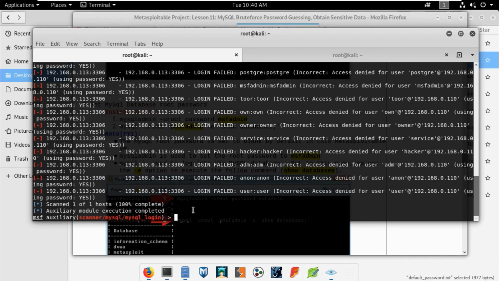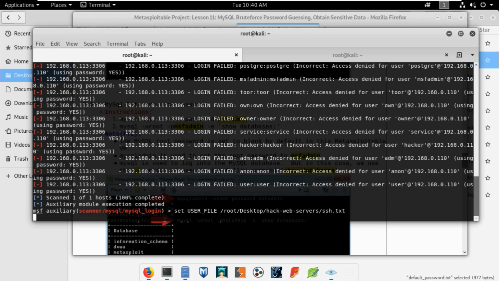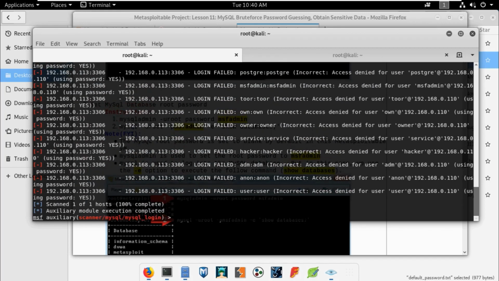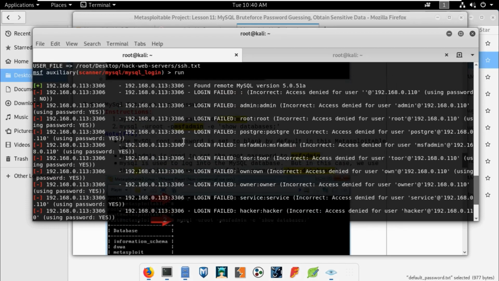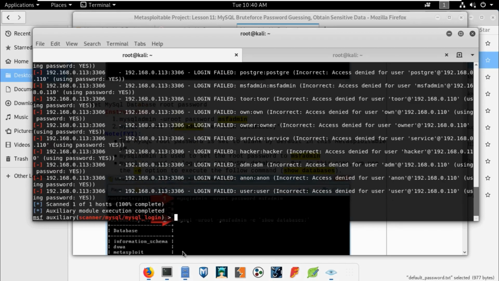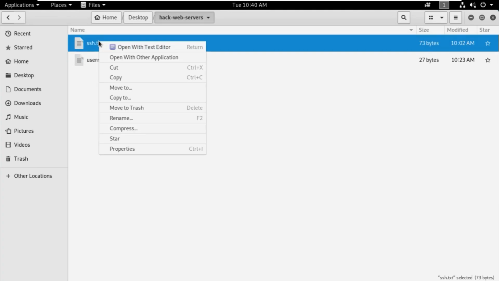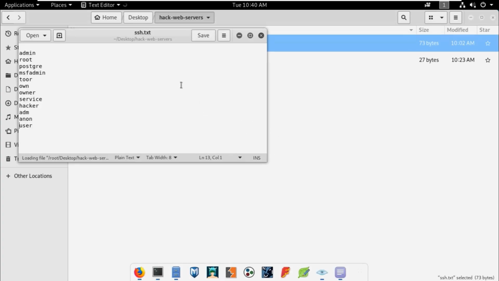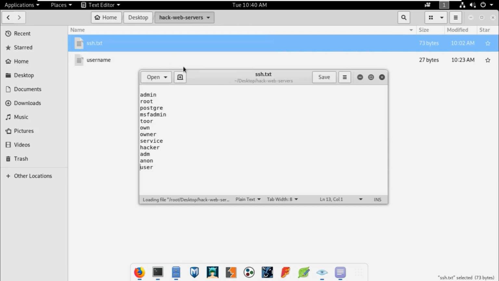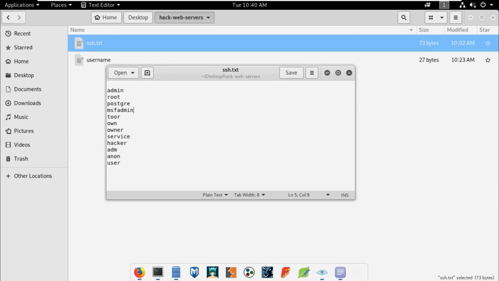So we are going to change the set user file to root, desktop, hack web servers, SSH, and run. Okay, this time we get nothing as well. Now we will try to look for the mistake. The username we have is root and the password is msfadmin.